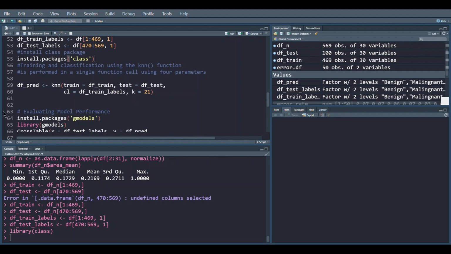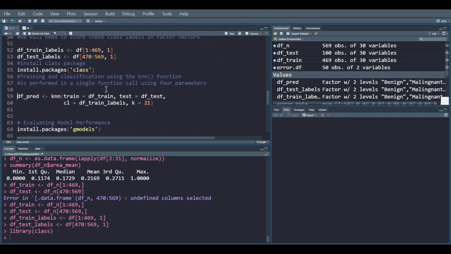So now we would try to predict through the KNN model. Here we have prepared a variable df prediction. Now here we are applying the knn function. Here first you have to assign which is the train dataset. So train equals df train, which we earlier made, and then the test dataset, which you have to mention here, then the class labels, which you have to also mention, and after that you have to tell the function what would be the k value.